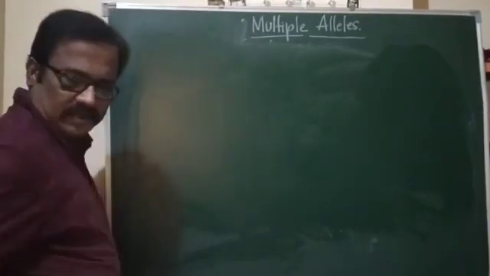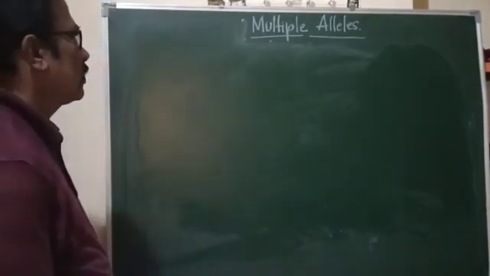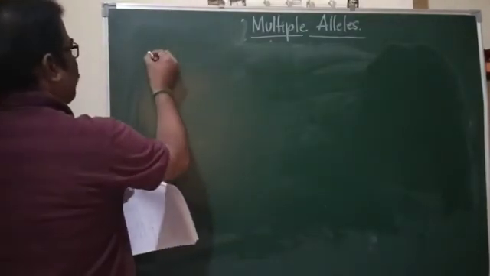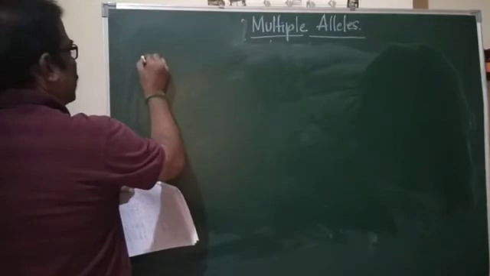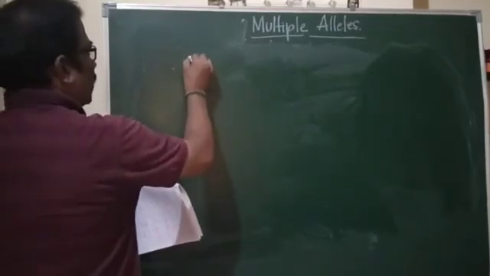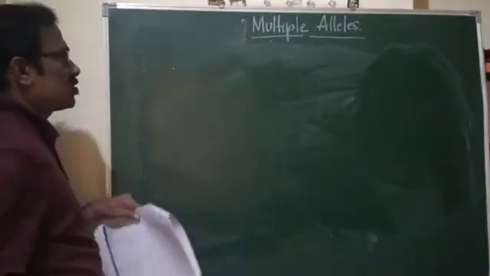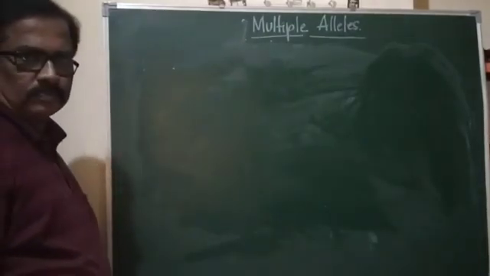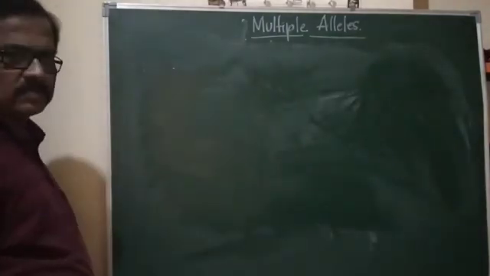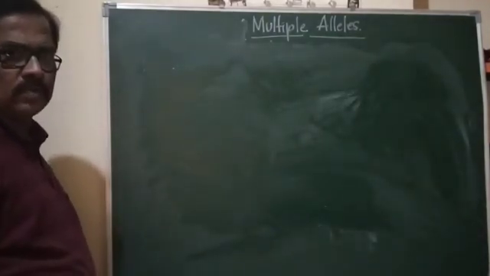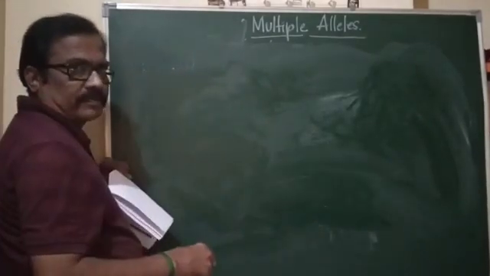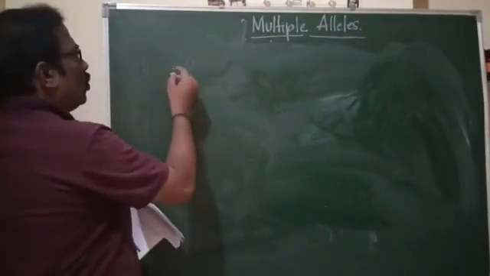Let us consider the blood group of both the parents. One of the parents' blood group is O. Another parent's blood group is also O. So first you are going to take their genotypes. O heterozygous